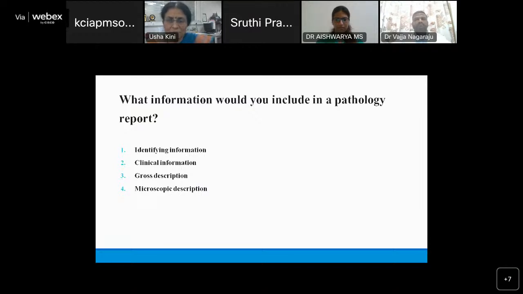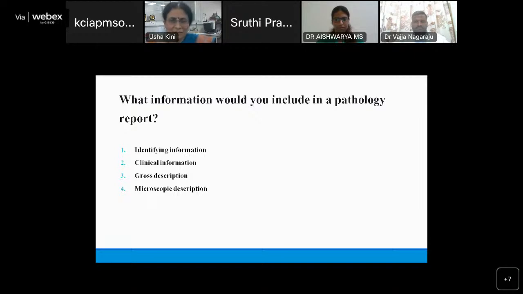It's the same way. You describe it very precisely, not too long, maybe some 2-3 points, positive as well as negative points. Both are essential. To start with the positive, what is there in the slide? What are the findings? Maybe they are important, yes, diagnostic characteristics. You describe those. And maybe you were looking for something and you didn't find it, and that is relevant. That needs to be mentioned. This is very important because if someone reads your microscopy, they must be able to visualize what you looked at under the microscope.